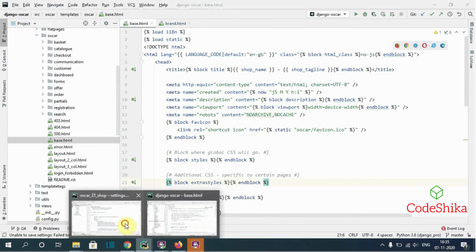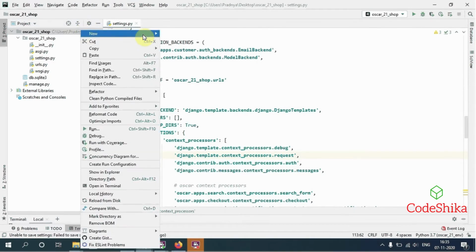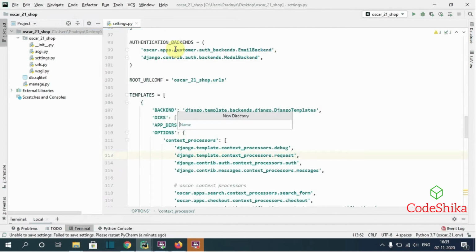So first we need to create a project specific templates directory that comes first in the include path. So here I will create a directory templates, and inside this templates directory we need to create an oscar directory.